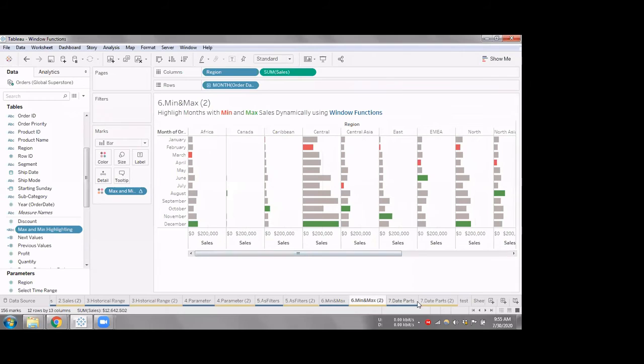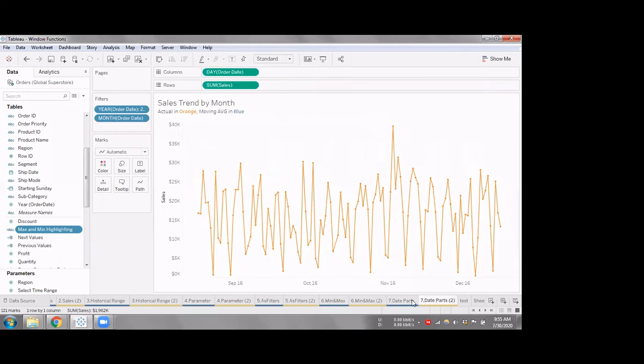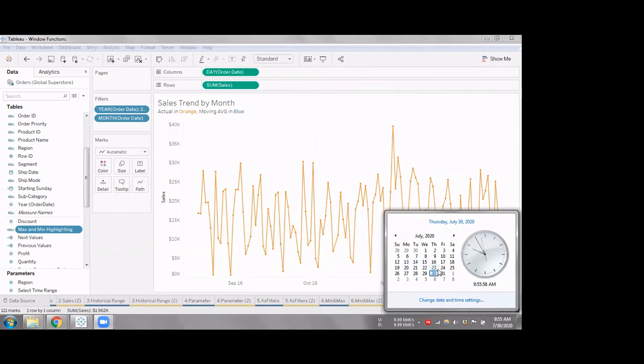Yeah, so we'll move to the last activity today. This is a little complicated one, so I'll do it myself. I'll explain what we are trying to do here. I have order date on my x-axis, each and every day, and my respective sales. Now my task here is, let's say, if you can see my calendar over here, we are on Thursday in this particular week.